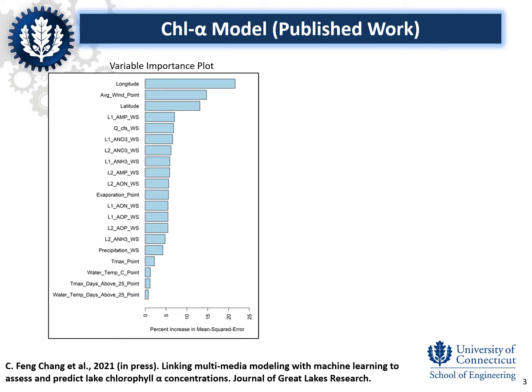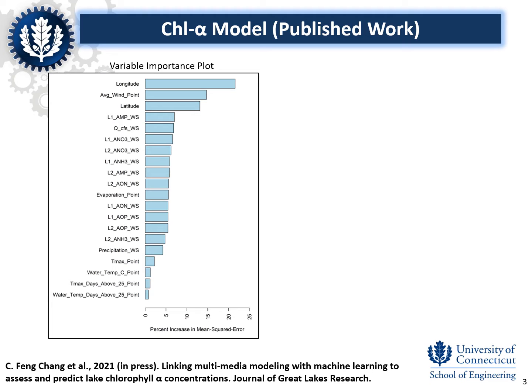Through the chlorophyll-A model, we also ranked the 20 explanatory variables that were used in the model in order of importance using the variable importance plot that you see here. In this plot, variables with a higher percent mean squared error are considered of greater importance by the model. So for example, the top 3 variables that we see are longitude, average wind speed, and latitude. This is also followed by a list of fertilizer applications, which are basically all sharing similar percent increased MSEs.